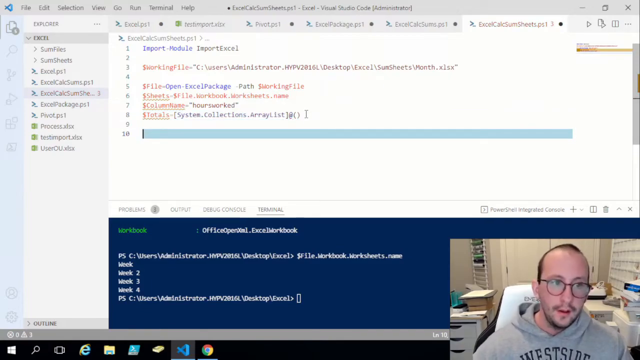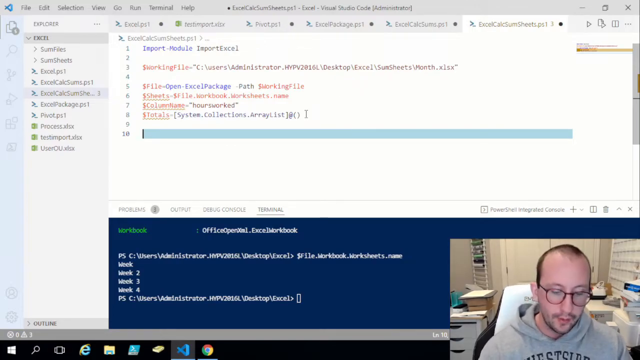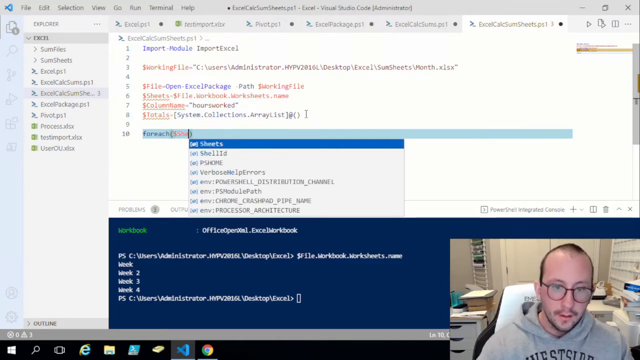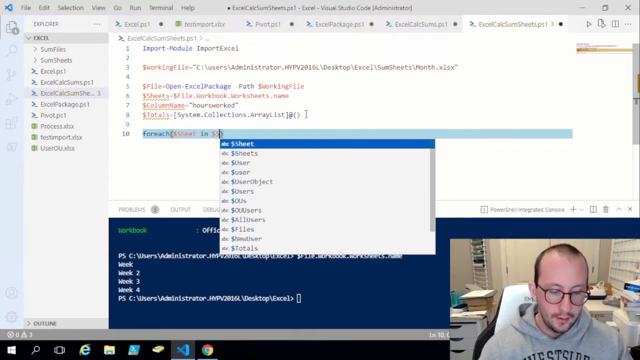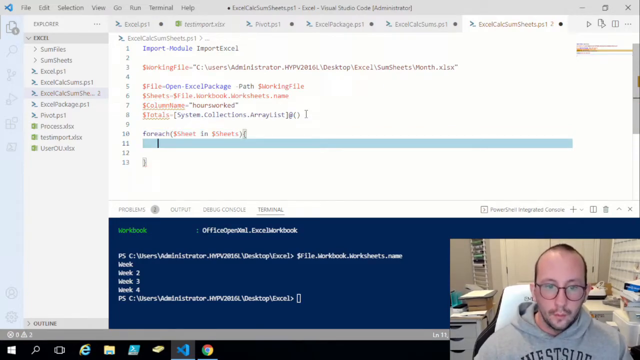And then what we're going to do, so now it's pretty much similar to the files actually at this point. So what we're going to be doing is a foreach sheet in sheets. And what we're going to be doing is a data equals